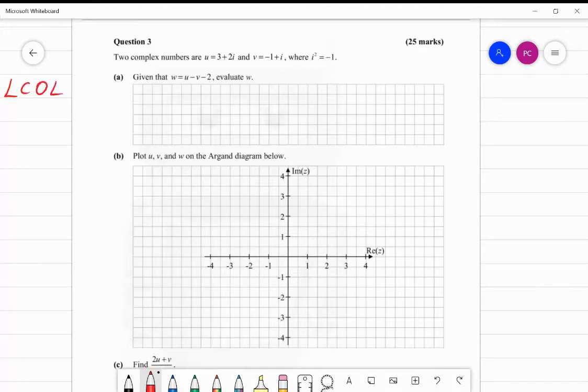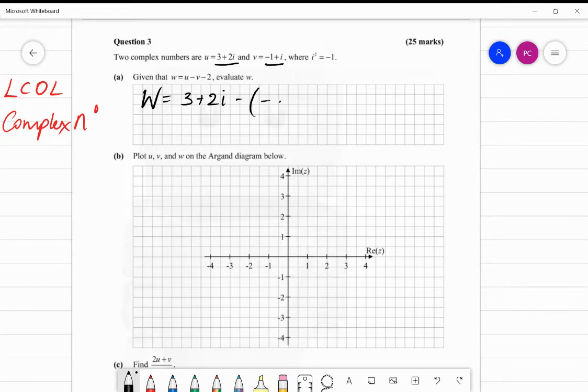Ordinary level question based on complex numbers. Okay, again, fairly standard question. It'll come up every year. Two complex numbers, real and imaginary, given that W, which is just another complex number, is equal to U minus V, so it's 3 plus 2I,